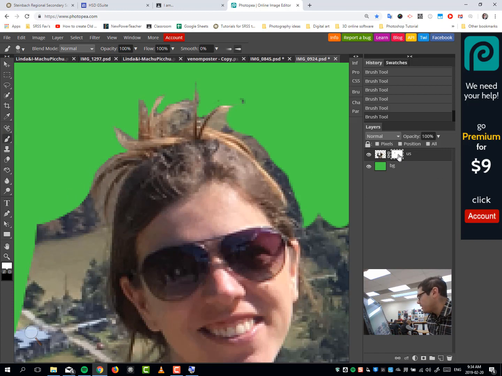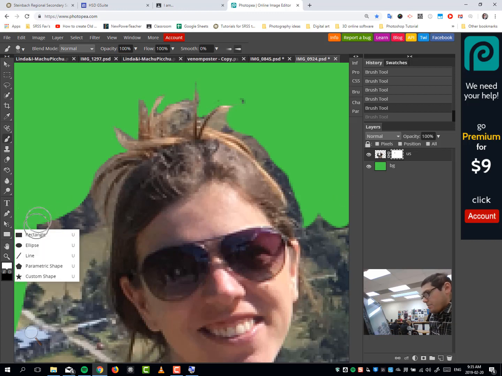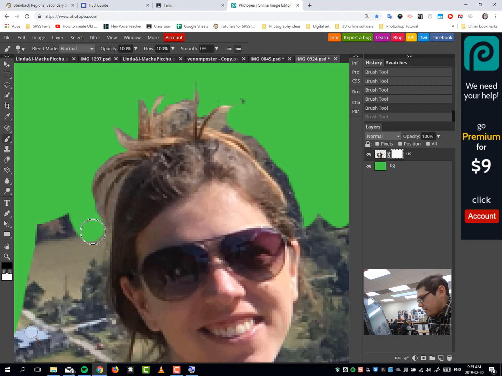And another thing too, make sure that you're always working in the layer mask. If you are working in the photo itself, watch, you'll be painting white. If that happens, then undo, Control Z, and click on the layer mask. You'll get those little white dots surrounding it, and we're back in action. If I gotta go back to my black,